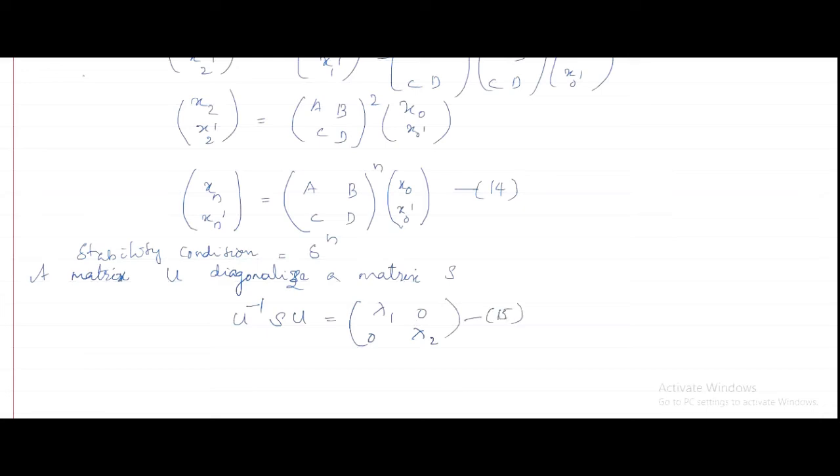Let this be equation number 15. Here U inverse is the inverse of matrix U. That is, we can write U inverse U equals I, where I is the identity matrix, that is I equals [1 0; 0 1], and lambda 1 and lambda 2 are called the eigenvalues of the matrix